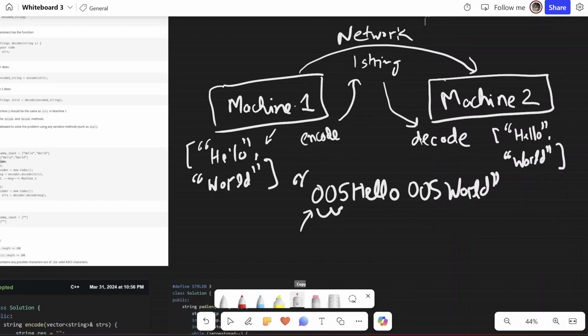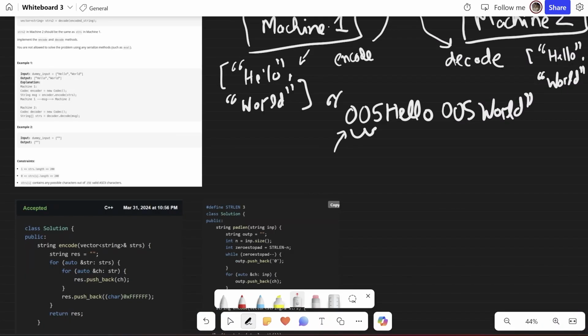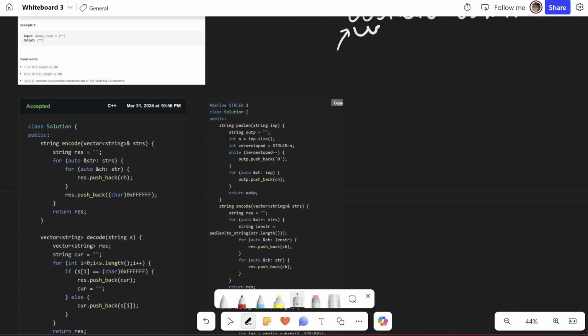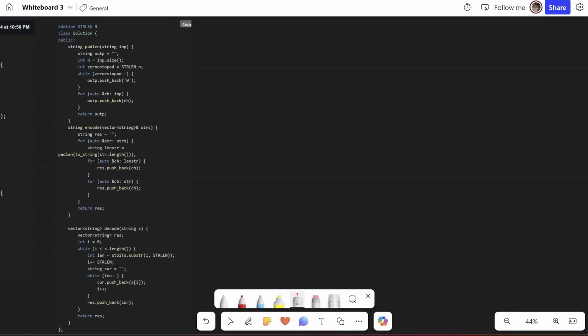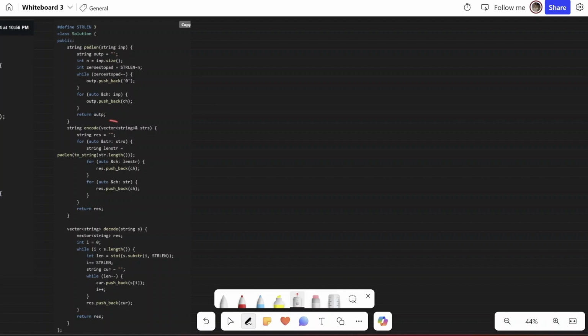Now, let's see how we'll implement this in code. This is the encode function. I create a resultant string res, and for all strings in the input array, first I'm finding the length and converting it into a string of length str length, which I've defined here as 3.